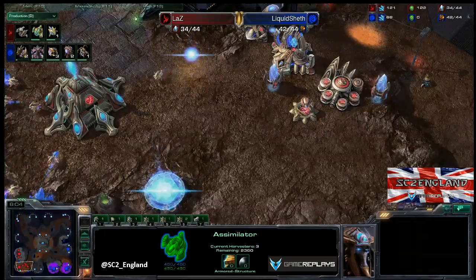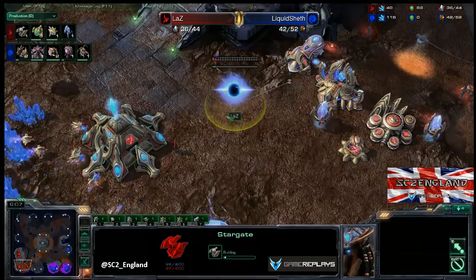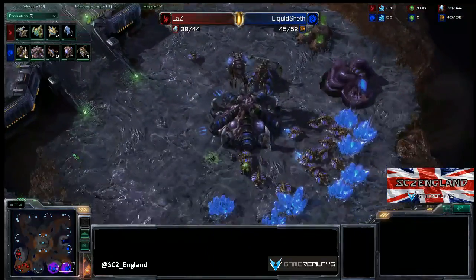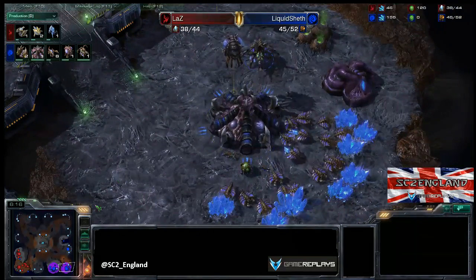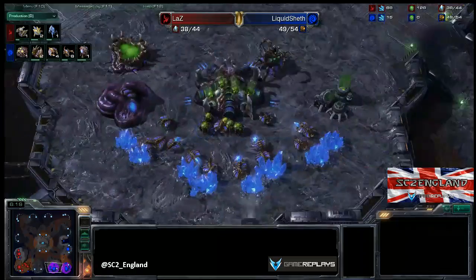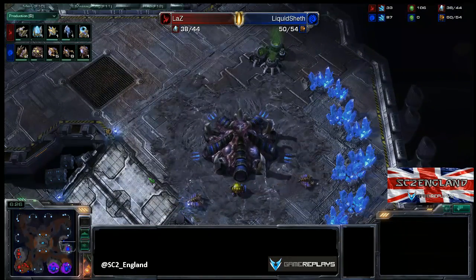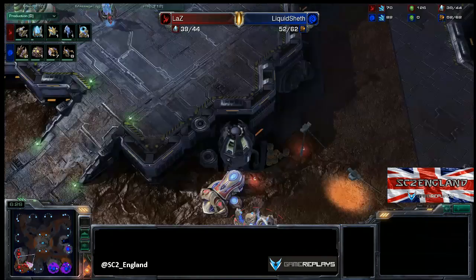He's got quite a lot of gas saved up already, but going for a starport, so we are probably going to be seeing either some Phoenix or Voidrays come out. And currently Sheth doesn't have anything to deal with that. He's got no evolution chamber for spores, he's only got those 2 queens, and LaZ is just starting off getting his